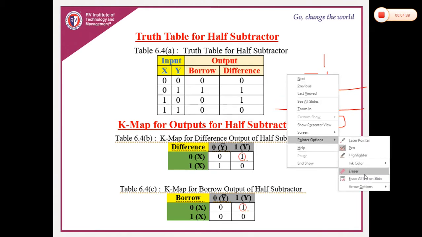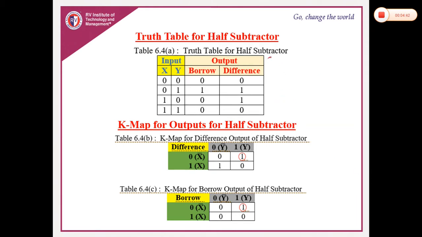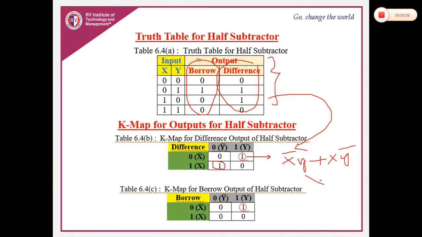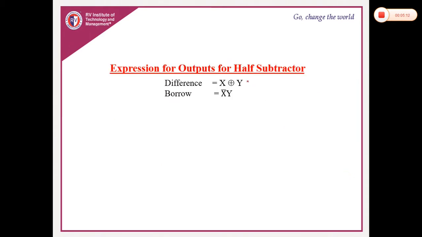Once you are done with the half subtractor functionality table, it is our duty to get the expression for difference and borrow. In order to get these expressions, again go for the K-map technique. So 0 1 1 0, whenever I put it here, the rest is missing. There is no quad possible, no pair possible, only single entities we have to take. So it is again x bar y plus x y bar, which is nothing but the XOR operation of x and y. So the difference is the same as the sum, that is x XOR y.